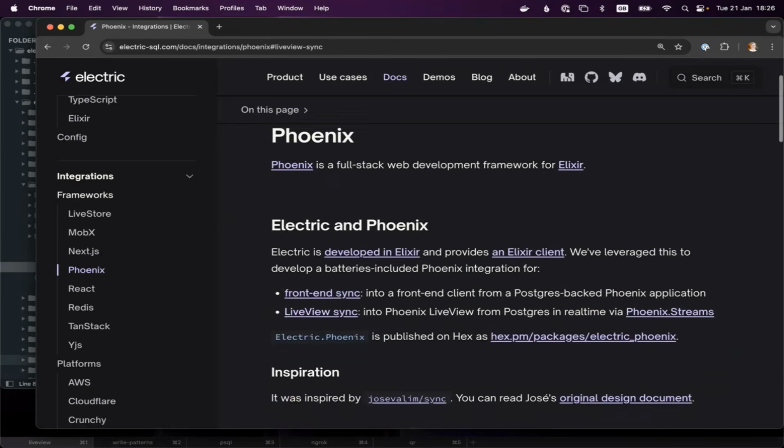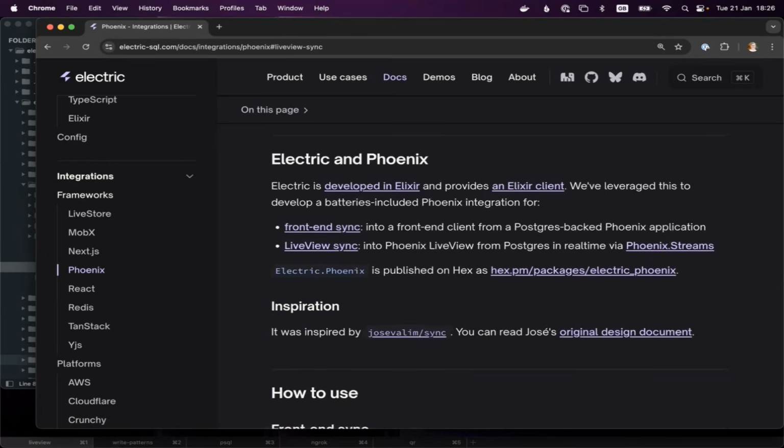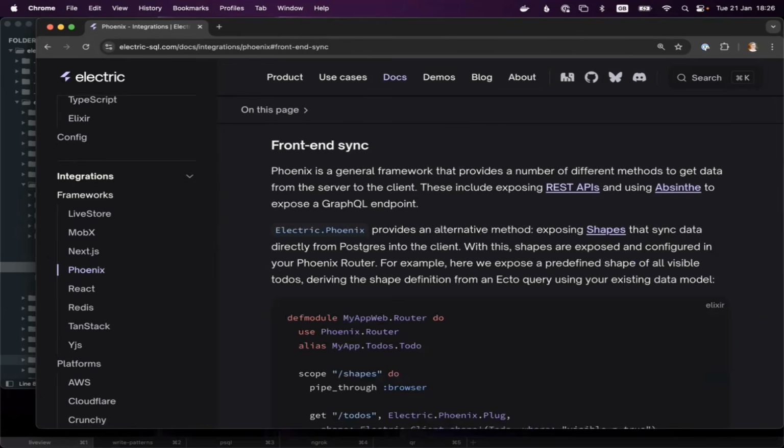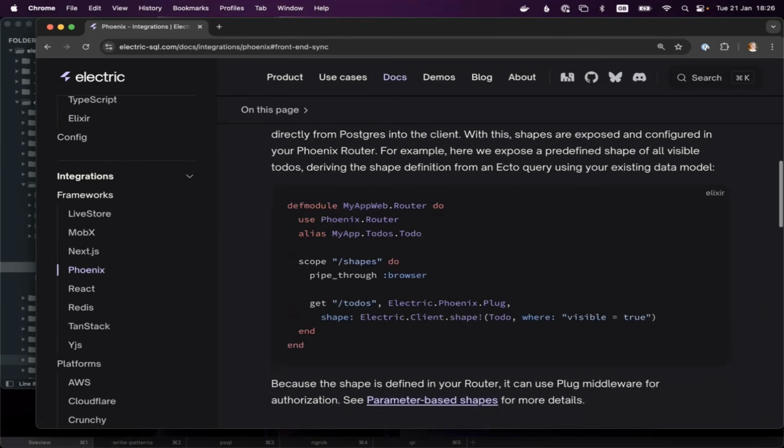But that's cool, but it's not fully local-first in the same sense. And so what we've also done is, you may be aware, José Valim did an Elixir keynote a while back introducing his vision of a library called Phoenix Sync. And we've worked with him to effectively implement Phoenix Sync using Electric. And so what this does is it allows you to integrate Electric into a Phoenix application and serve shapes based on Ecto queries.